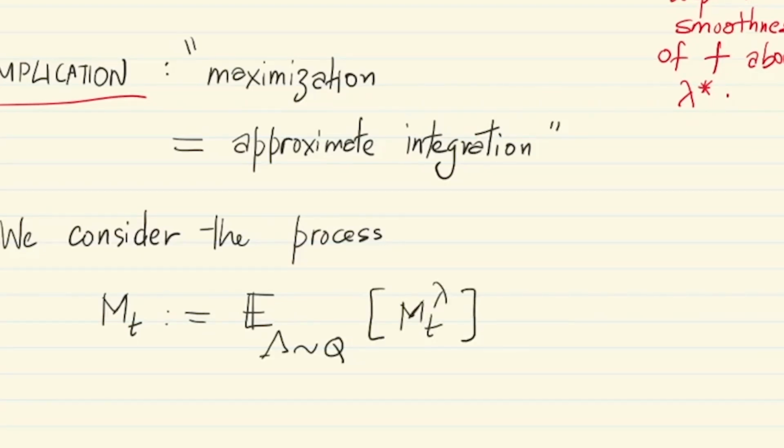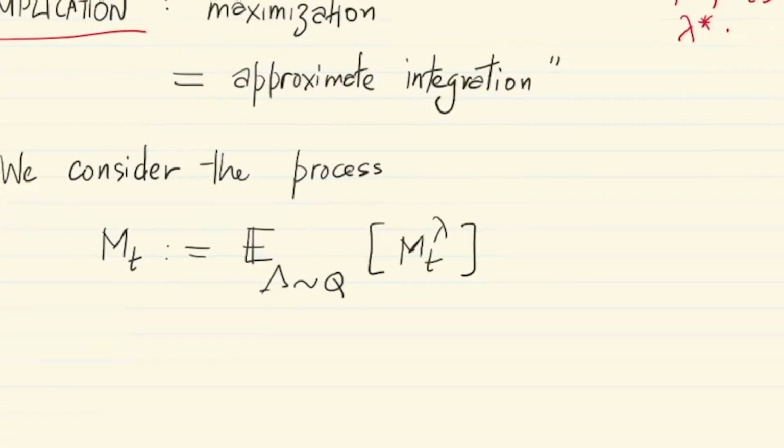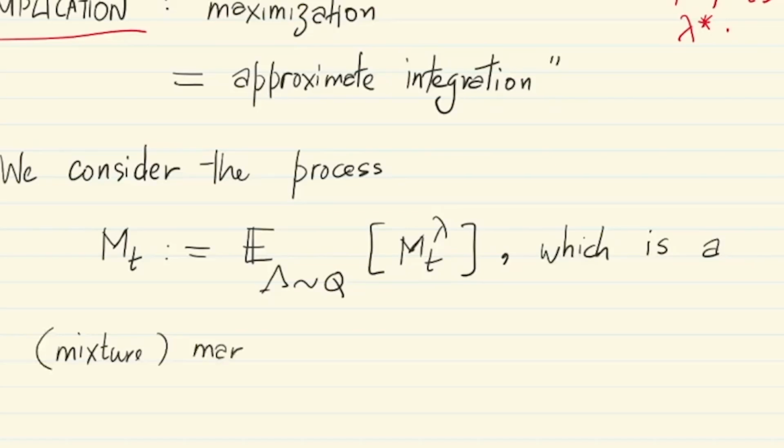Okay, so what this is doing is basically integrating or mixing across martingales M_t lambda, and the convenient fact here is that this is actually a martingale itself because it is the average of a bunch of martingales. So it retains the martingale property